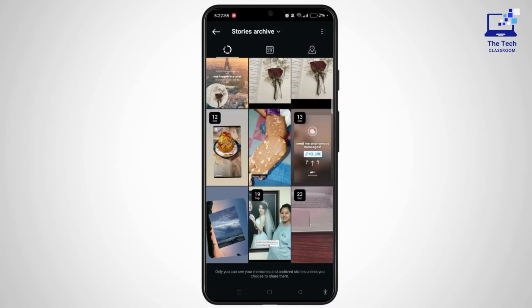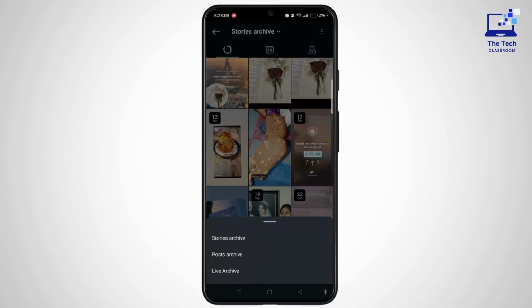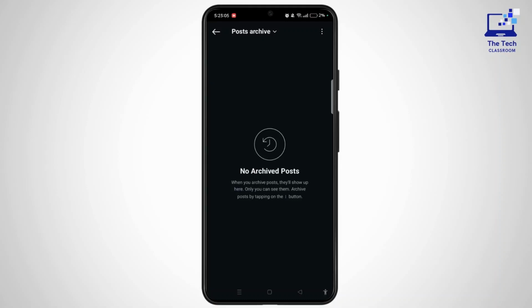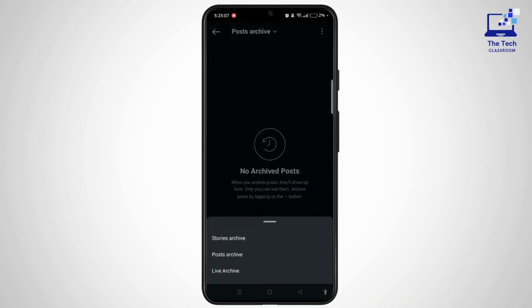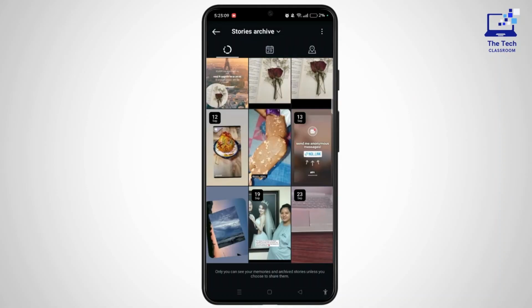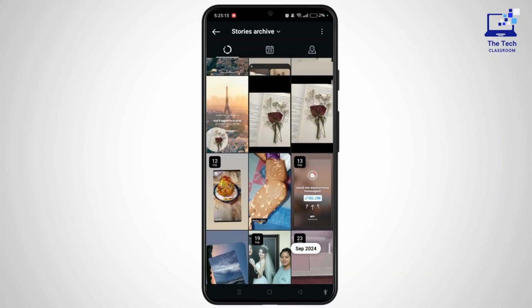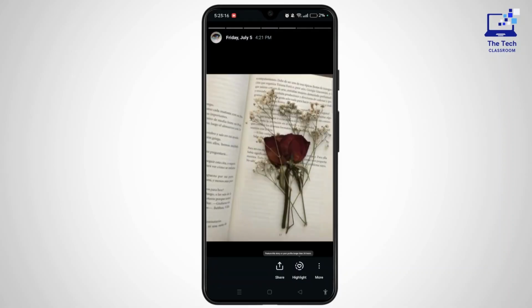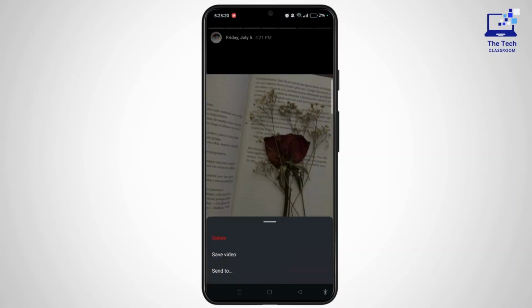and select whether you want to choose picture from stories archived, or you can select the story archives icon at top left corner and choose post archive or live archive as well. So let's select a story archive for now because we don't have any pictures under post archive, and select the particular picture. Now tap the more icon at bottom right corner of the screen, and now tap on the save